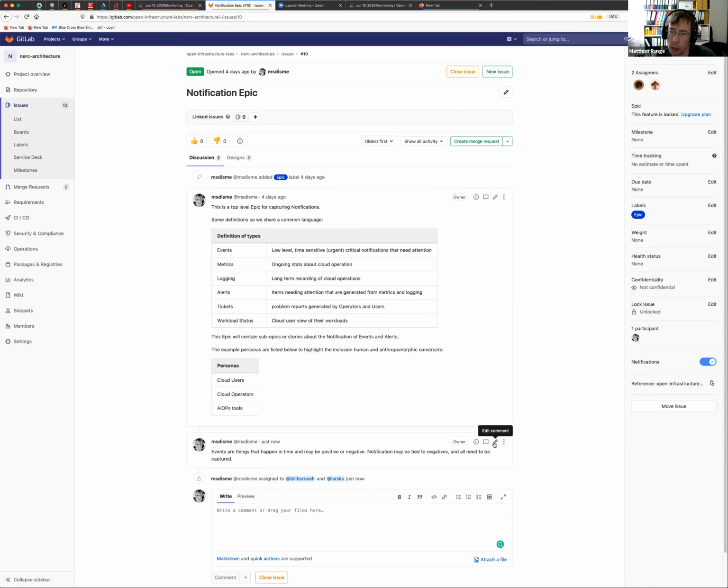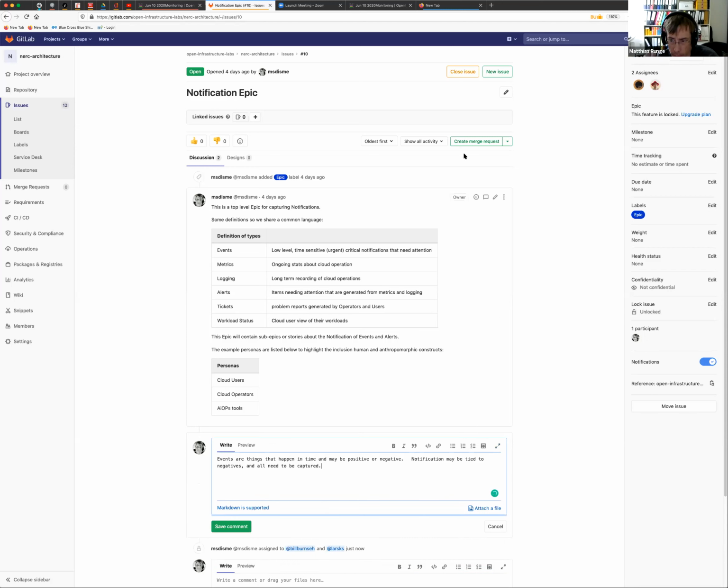Maybe it helps here to add a notification to the definition. A notification would be something that reaches you, like a note saying something is burning. It could be an SMS or a pop-up in your browser; in this case it doesn't really matter. It's just something delivered to you. And an alert would be a rule acting on events or metrics, or a combination of metrics and logging and so on, and that can create or issue a notification.